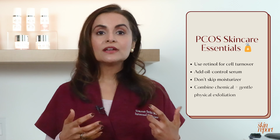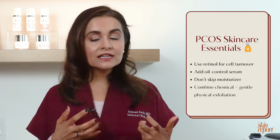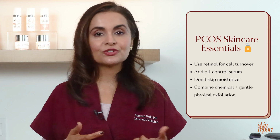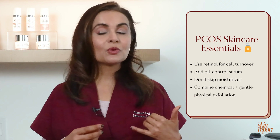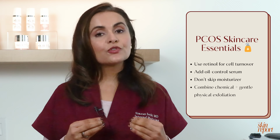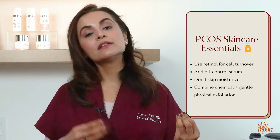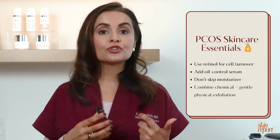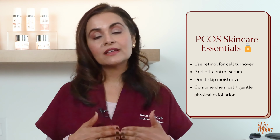Finally, make sure you are exfoliating appropriately. When you have oily skin, likely you are over-exfoliating. That is a very, very common issue that I see in people who have acne or are oil producers naturally. And exfoliating with a mechanical and a chemical modality is perfect. You just have to make sure that you're not overdoing it. And when I say that, that means